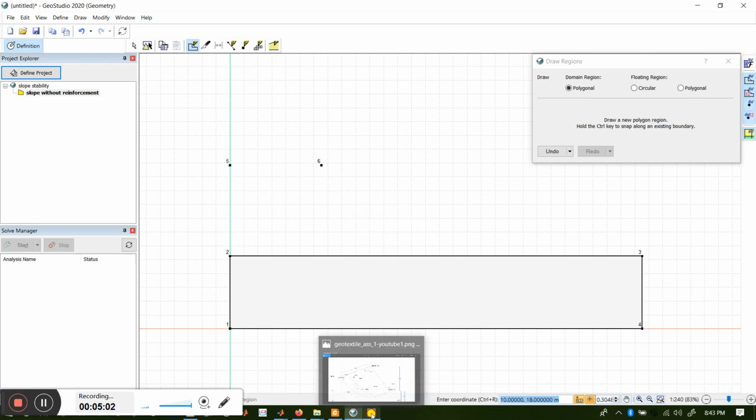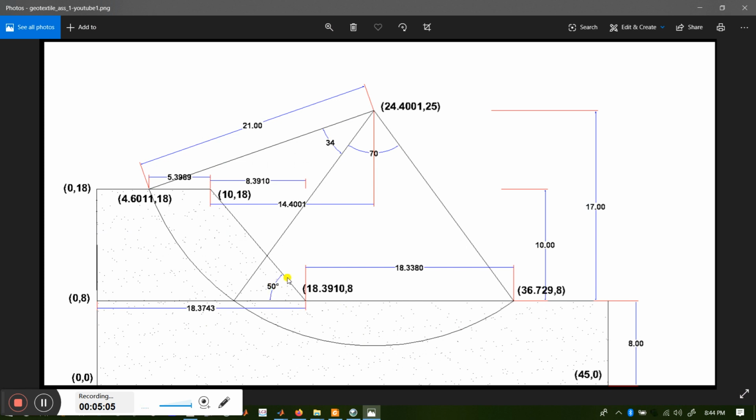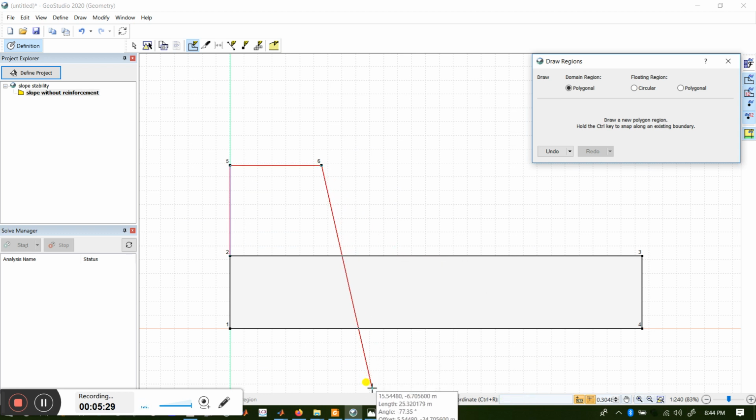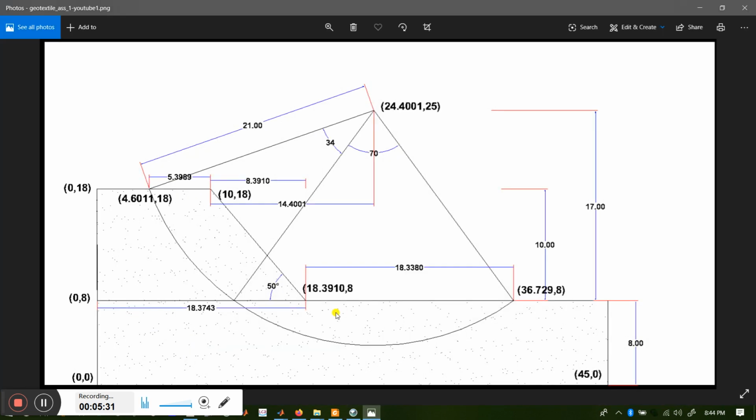For drawing the last one, you see this angle is 50 degrees, and you can either calculate the coordinate from these distances and the angle, or, if you want to draw a line at 50 degrees, you cannot enter the angle here, but you can manually slide your bar. You can see it is showing the angle. When it comes close to 50 degrees, you stop it here. Or there's another way that I've told you: you draw it in the coordinate system.